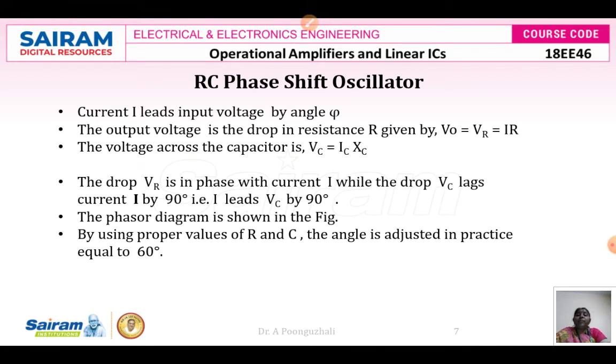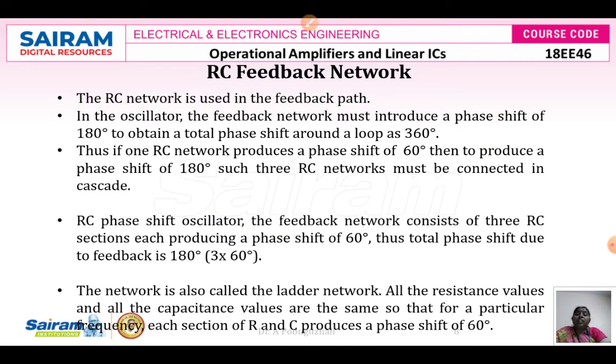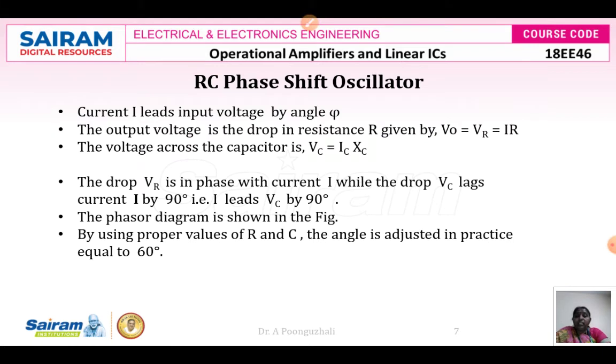So in this case, what I have said is what we have written here: the voltage across the capacitance is going to lag the current by 90 degrees. So we can see that we need two RC pairs. Our condition is that in the feedback part, I should have 180 degrees. To have that 180 degrees, I can use two sets of R and C. One RC pair will give 90 degrees, and the other RC pair will give 90 degrees. But due to component mismatches and tolerance levels, I will not get exactly 90 degrees. In that case, my oscillator will not oscillate.